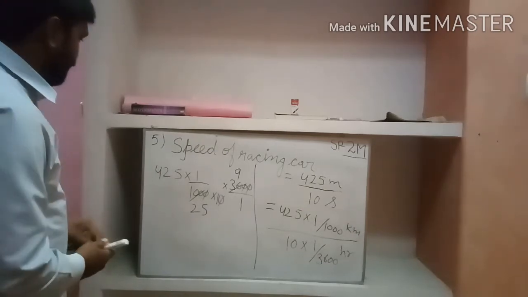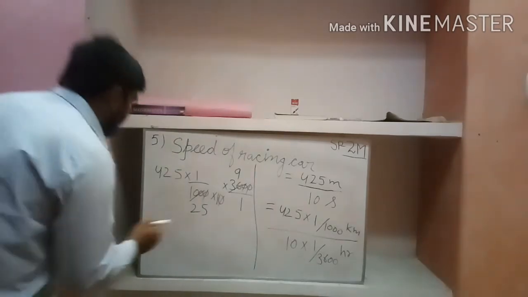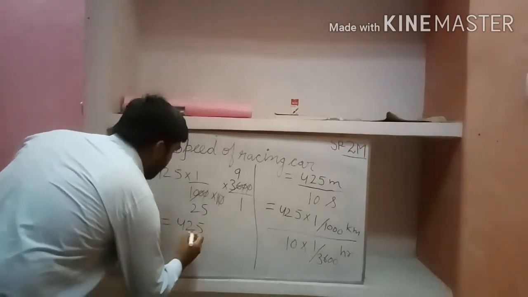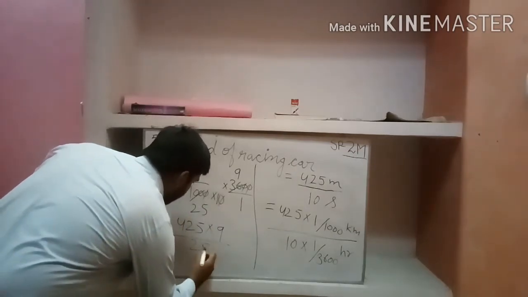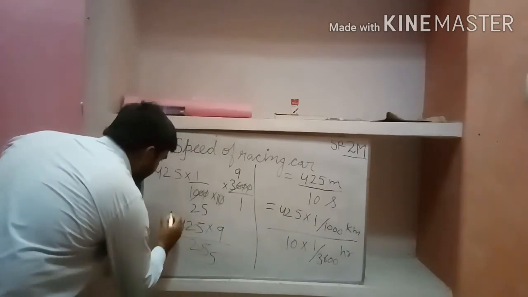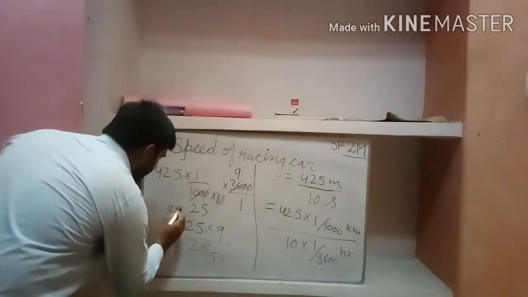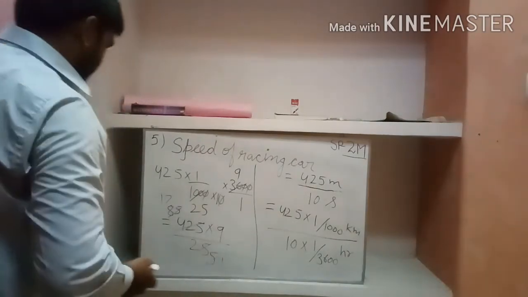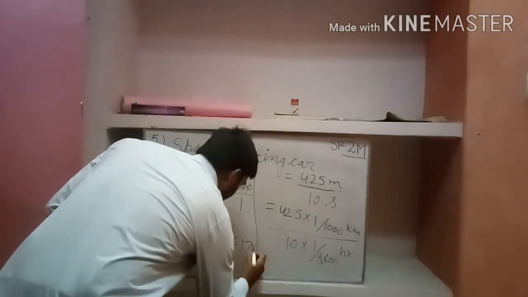Now see, you can multiply this number 425 by 9 upon 25. So what's the result we got? 425 multiply 9 upon 25. Now this can be cancelled by 5. 5 5s are 25. Now this can also be cancelled by 5. 5 8s are 40, 5 5s are 25. Now again 5 1s are 5. 5 17s are 85. Okay. That we got. Now 17 9s are 153. So we got the answer 17 multiply 9.